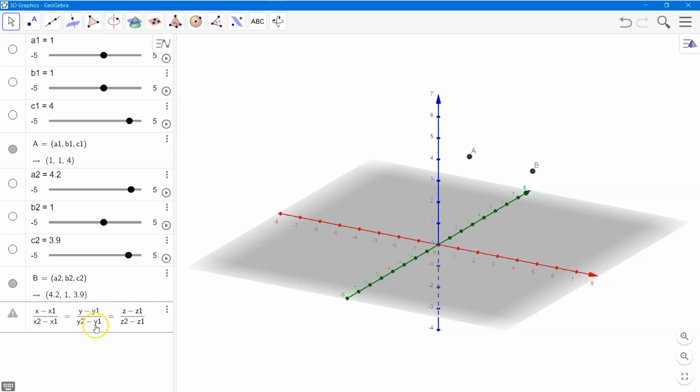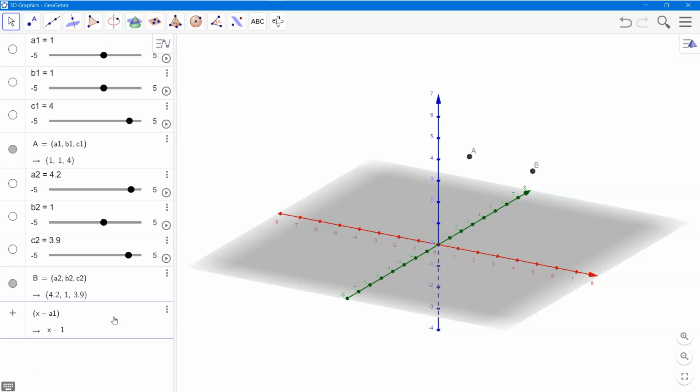Similarly, b1, b2, b1, c1, c2, c1. Now what we'll do is take only one of them, and we will utilize that further. So instead of x1, x2, we will be using